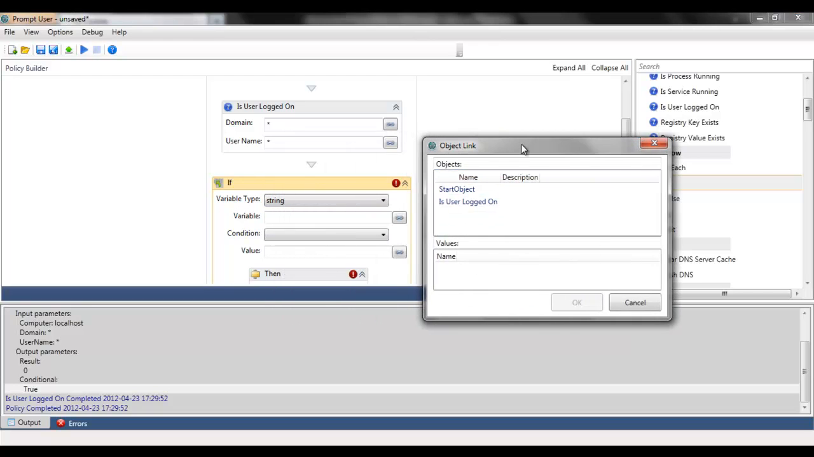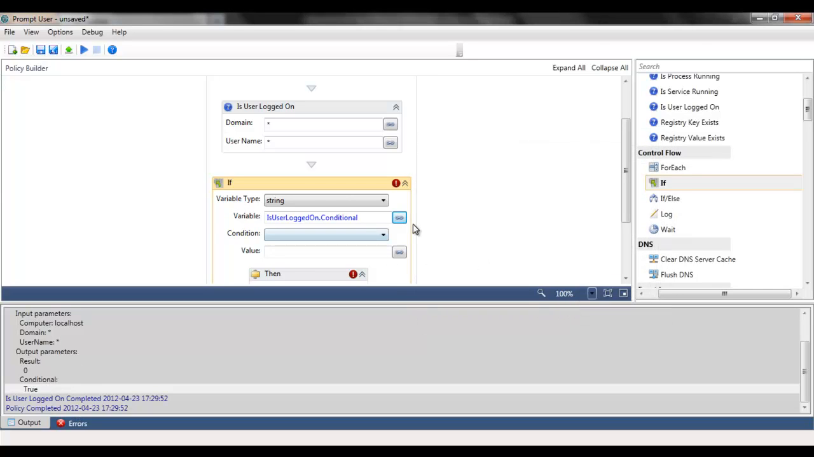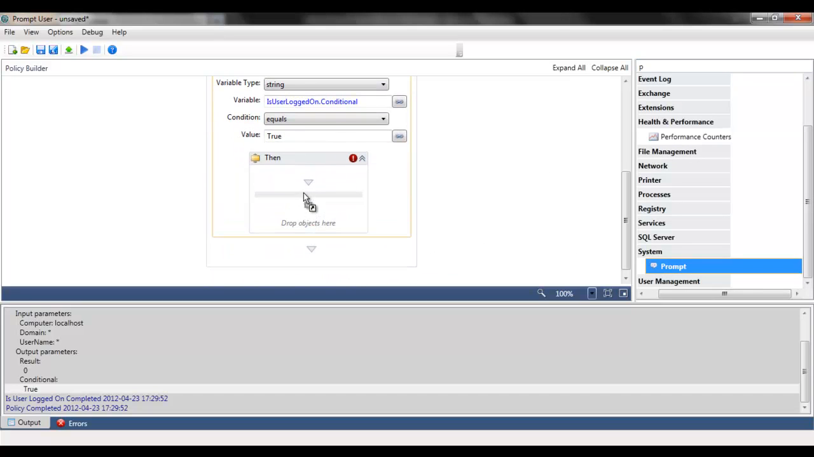Using that little chain link there, I'm going to come up and select the isUserLoggedOn and then the conditional output. So very much related to exactly what we see in the output pane. Just hit OK here. So if the string value related to the conditional output of the isUserLoggedOn object equals true, then a user is logged on, and I will just quickly locate my prompt object. Here we have it. I will drag that over and be very particular to put that within the then box, because